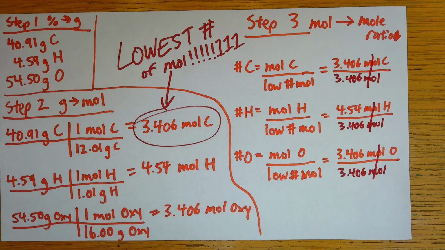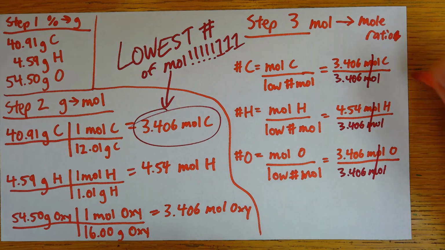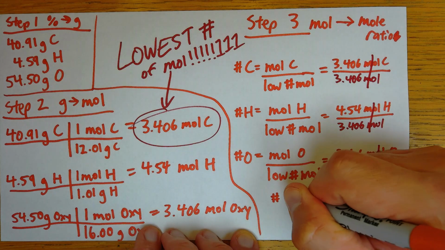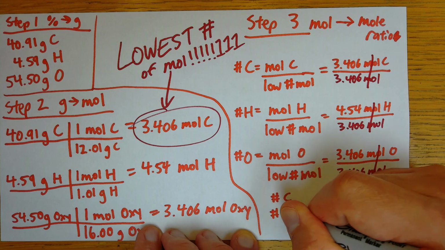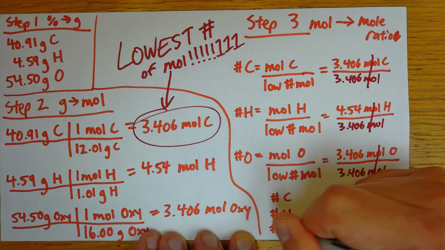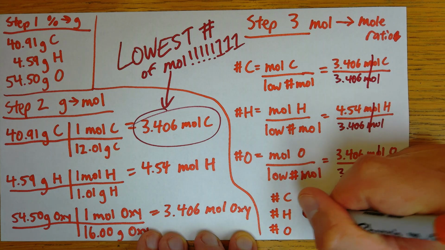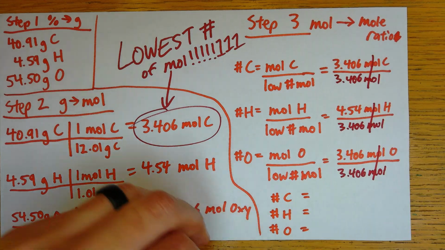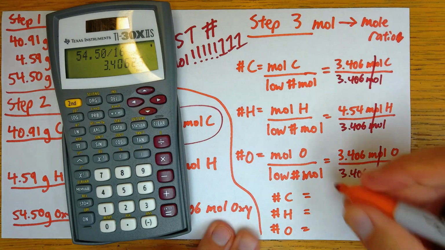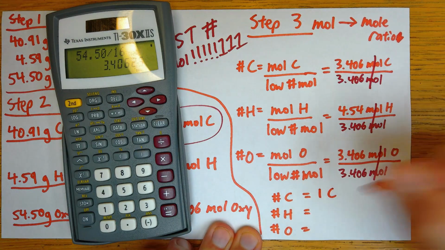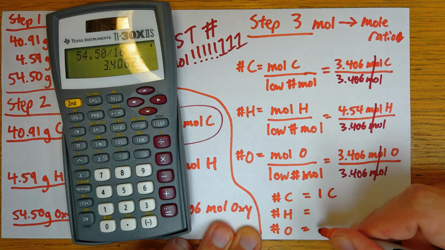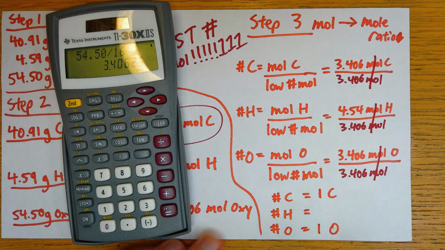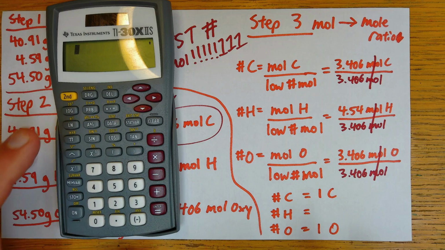All right, and then let's get those numbers. I'm out of room, so I'm just gonna continue it down here. This is where I'll put my answers. Well, that's gonna be a 1. And that's going to be a 1. So we have 1 carbon, 1 oxygen. Let's do the final one,